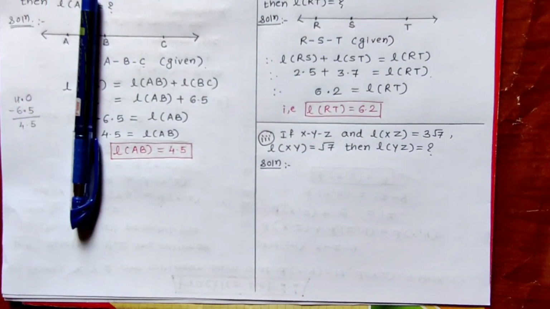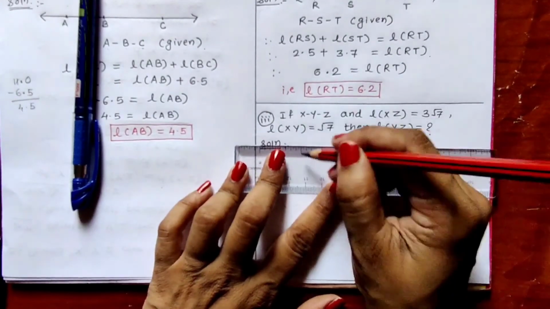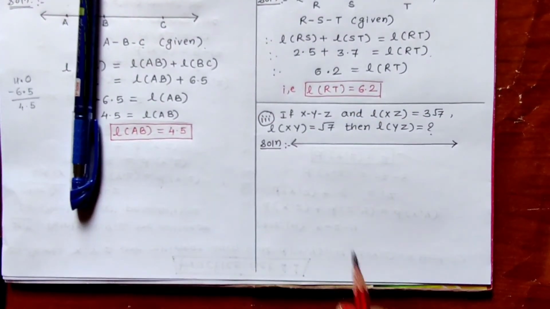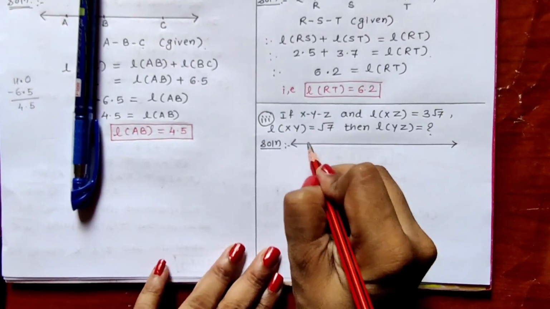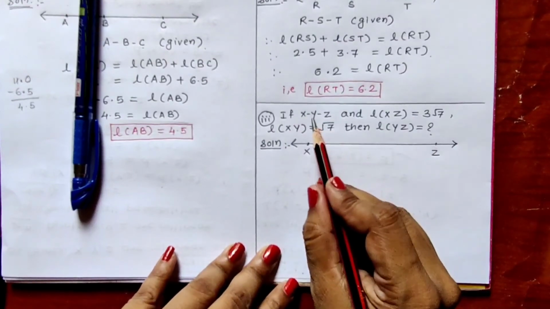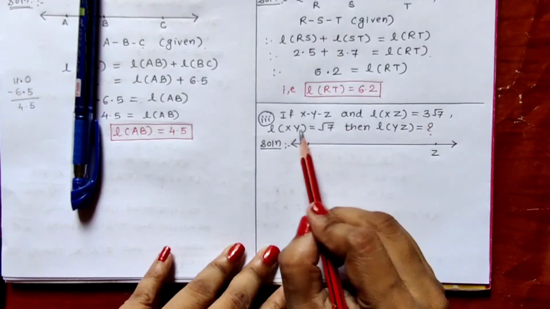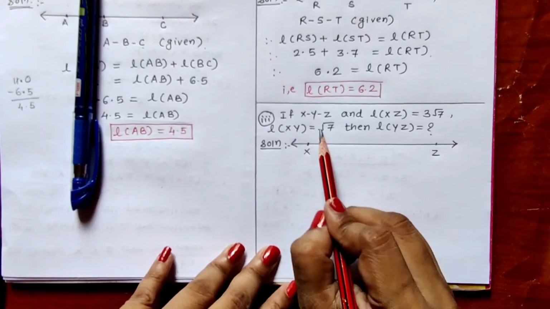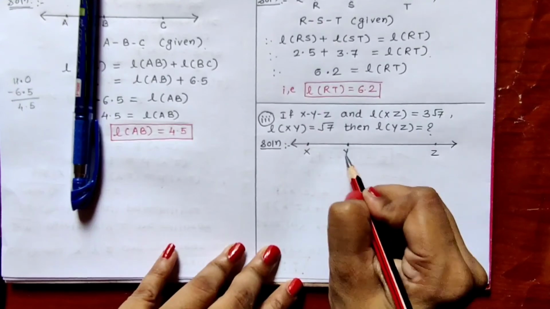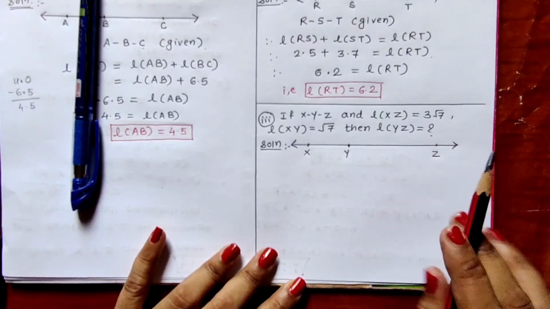So let us see again how to solve the sum. First we will be drawing a line. This is a line. On this line, we can take these 2 points X and Z first. Plot the point X and Z here. And then in between somewhere we have to plot point Y. So, XZ is 3 root 7. It is the bigger one. And XY is the smaller one, 1 root 7. So, I will write point Y here. XY looks smaller than this one.